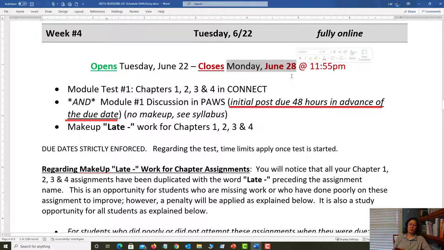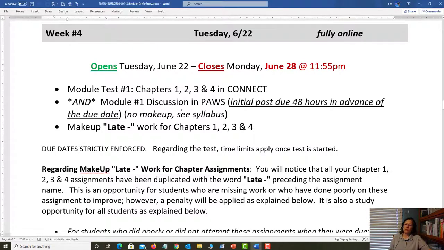If you are posting on the 27th, I'm not going to give you points for that, okay? Because you haven't allowed your classmates time to respond, and that's the next step. In addition to making your initial post, you're going to go back out there, give everybody time to make their initial post, and you're going to respond to 2 of your classmates, not to your own post, but to 2 of your classmates' posts. So, in some way that extends the conversation. You're going to respond in a meaningful way.